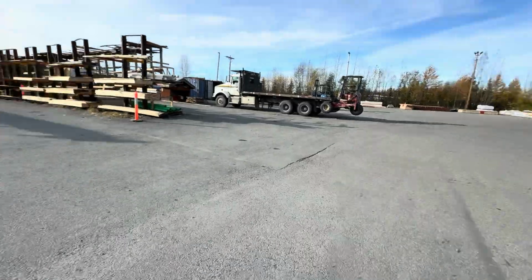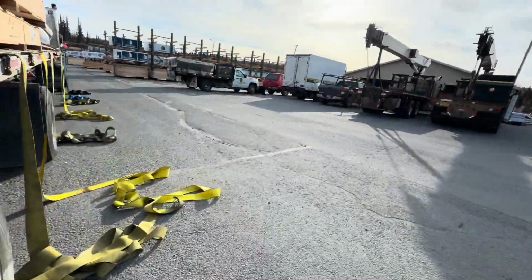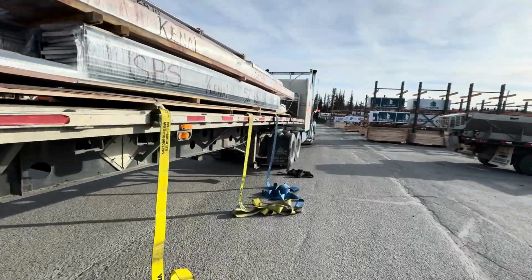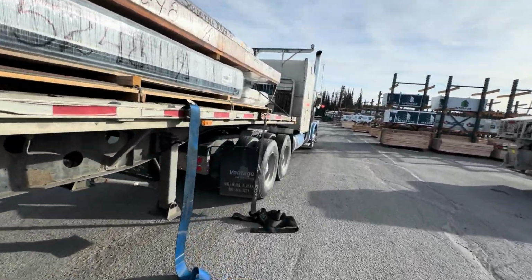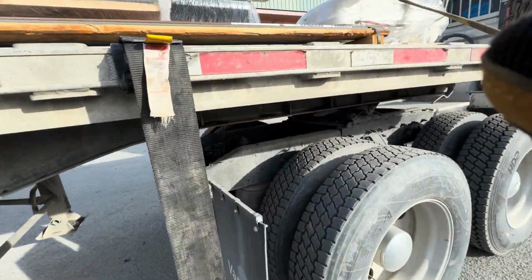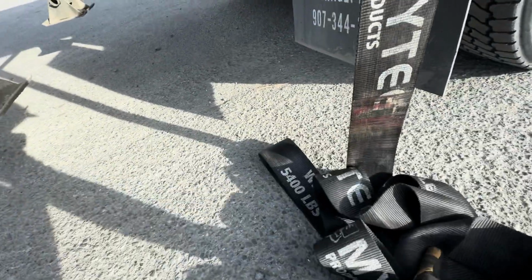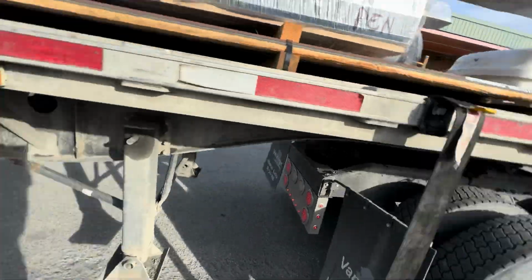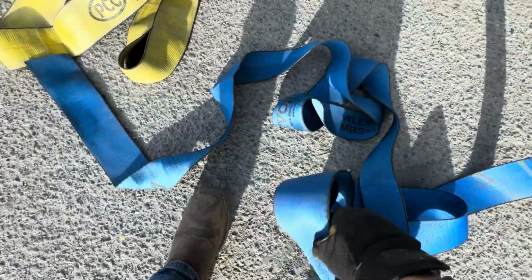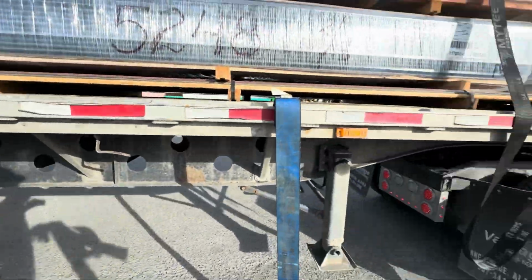All right, well, we got unloaded. Truthfully, I didn't even see what time I pulled in here. I think it was about 10 till noon, and it's 12:19 now. So they got right on me. So today it wasn't really a matter of them taking a while. It's just we had to unload